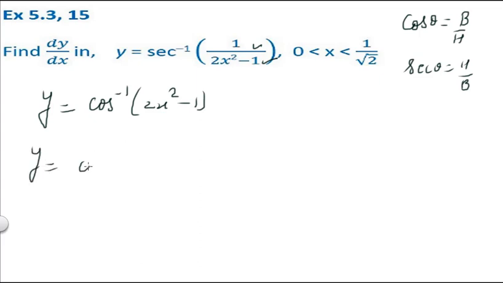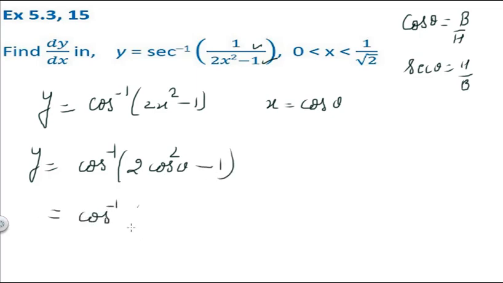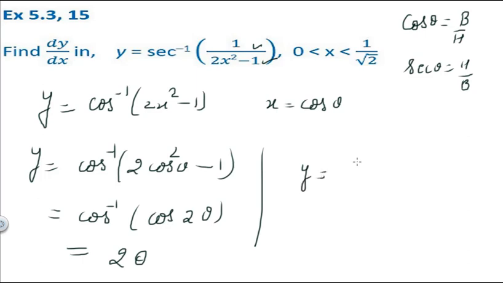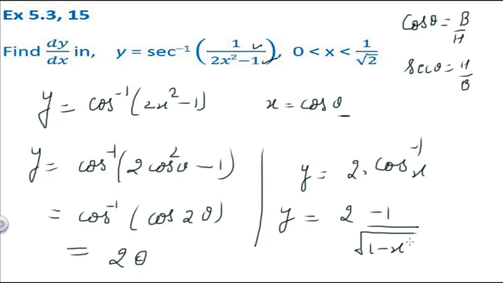Now y equal to cos inverse of, put x equal to cos theta here. So you see we will get 2 cos square theta minus 1. And we know this is the formula of cos 2 theta, 2 cos square theta minus 1. So the answer will be 2 theta only. So when we solve it, we get y equal to 2 into the theta value, which will be cos inverse x. Clear? So differentiation of this we will write as minus 1 upon under root of 1 minus x square. So the answer is minus 2 upon under root of 1 minus x square.